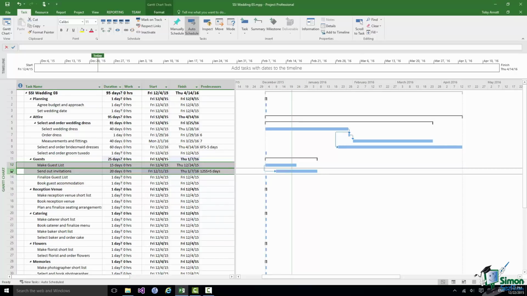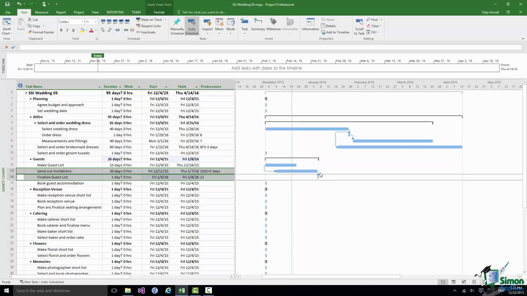So what I'm going to do is to create a link between send out invitations and finalize guest list that works on the principle that you need to allow, say, 3 weeks from the end of sending out the invitations before you can actually finalize the guest list. So I'm going to create a link between those two, and I'm going to put a lag of 15 days in, and then instead of saying that it's a finish to start link, I'm going to say it's a finish to finish link,